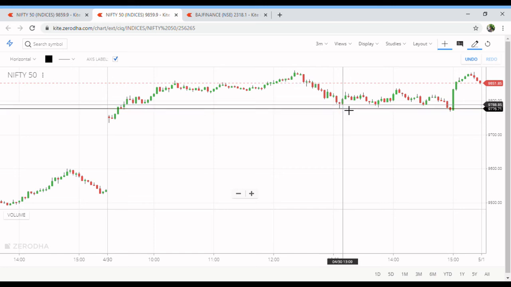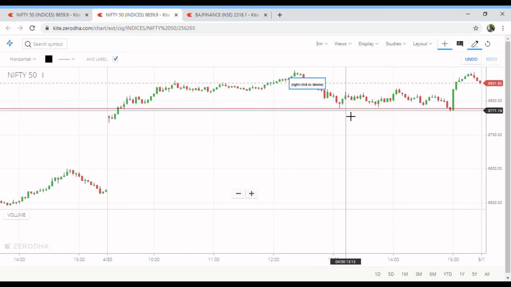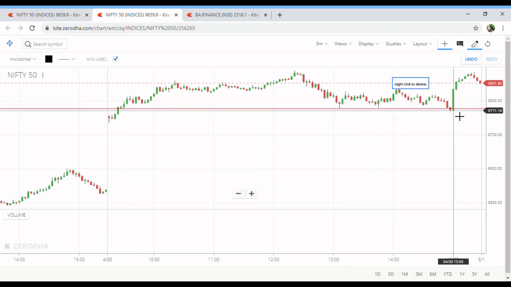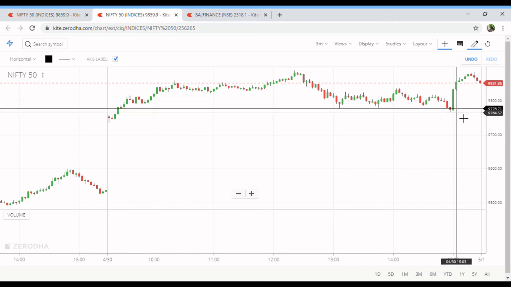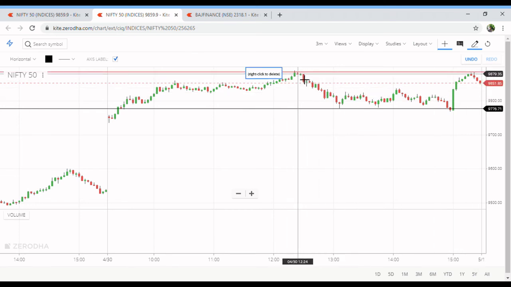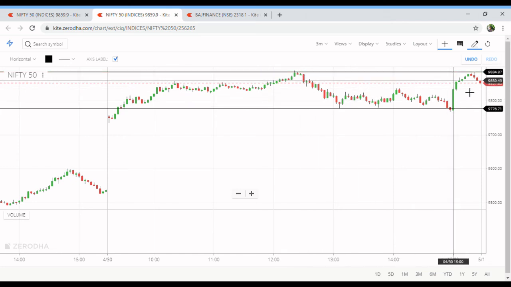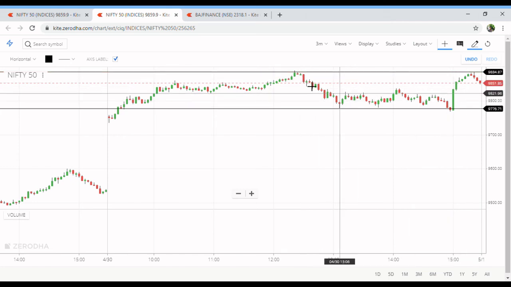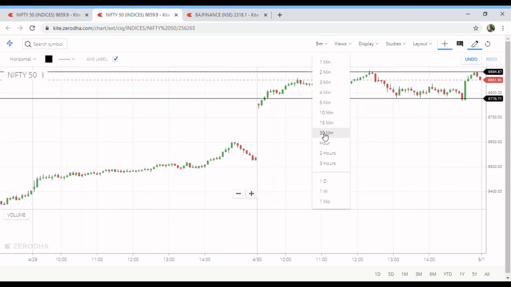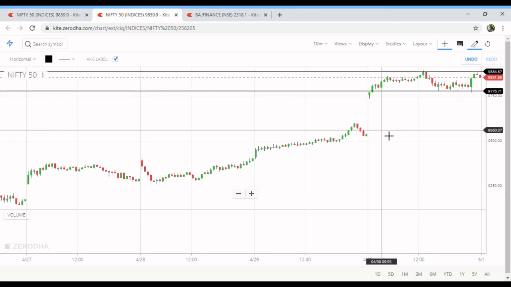Again, if you are an intraday trader, you can place a buy order over here with a SL below this support level. You can see that it moved beyond this, and again came back to the same support level, and again it's not willing to close any candle below this level. So again it started moving, and it went till the high of 9884, which is the day's high made earlier. This is the way you can find an intraday trade using support and resistance, with the 3 minute candle, or even the 5 minute or 10 minute candle if you are comfortable with it.